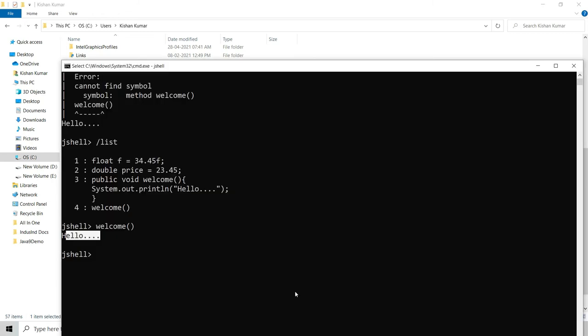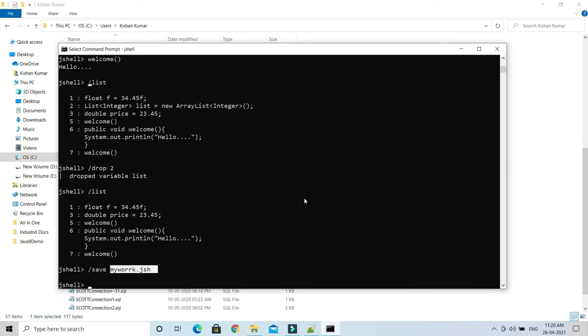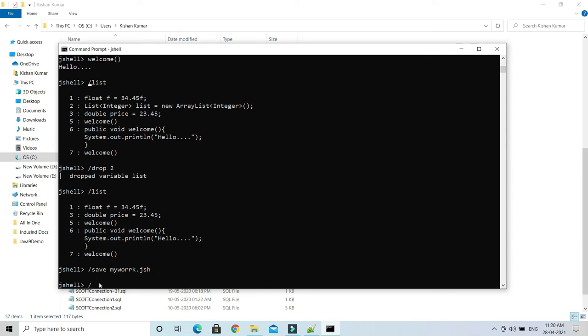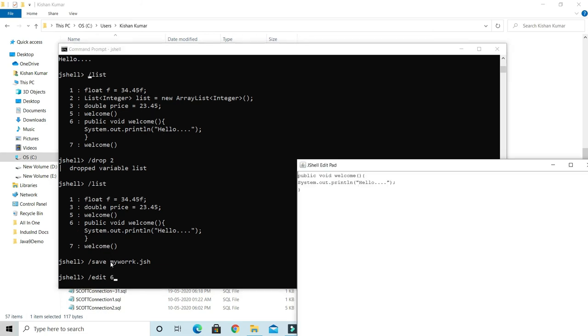Let me close this one. I'm going to close one extra command prompt. So now I'm going to show you one of the important tips or tricks. Let's say I would like to edit this defined method, so I would say /edit and then number 6, which is nothing but the method.